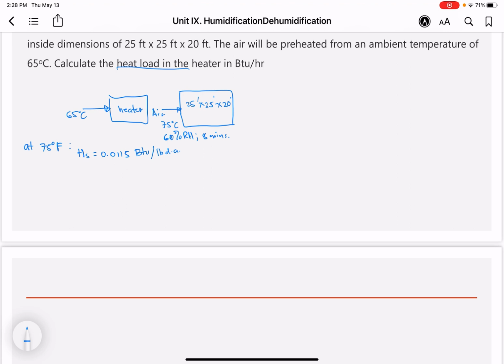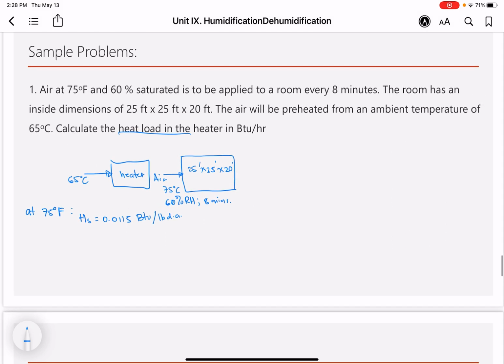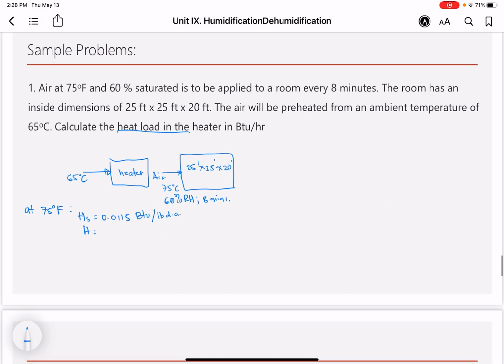And since you have here 60%, the H that I will get would then be 60%, so 0.60 of your 0.0115. Now, using equation 9.5,